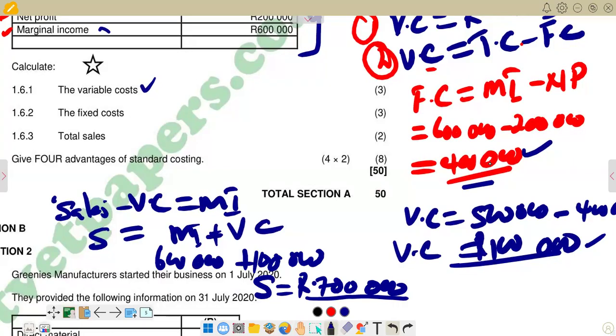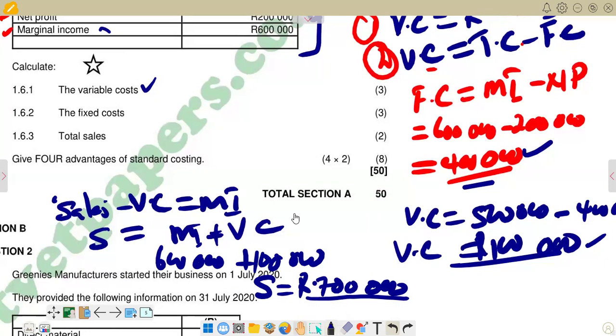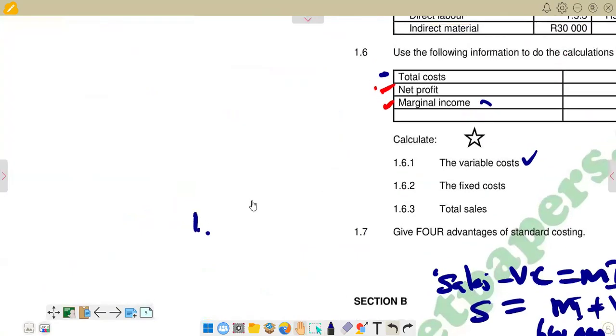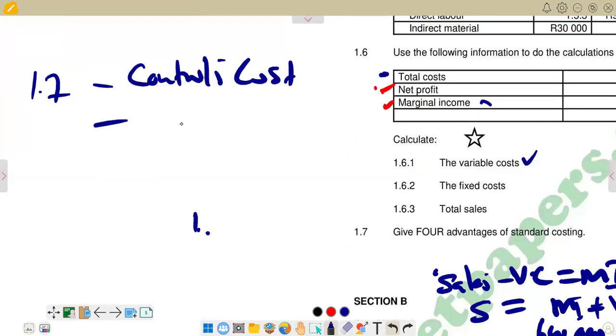So this is what we have according to 1.6.1, 1.6.2, and 1.6.3. Then the last question that we have there is on giving the advantages of standard costing. So we're just going to list them. Advantages of standard costing. This is 1.7 now. We can just list these advantages. The first advantage is that it controls costs, and then the second one,